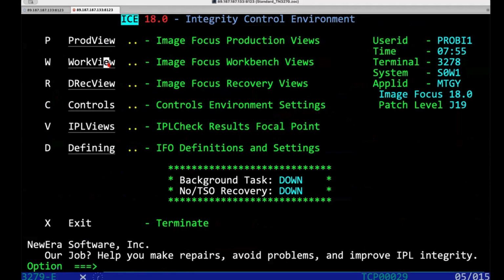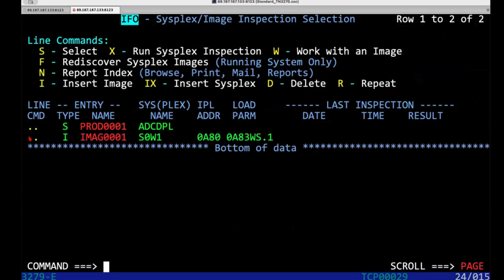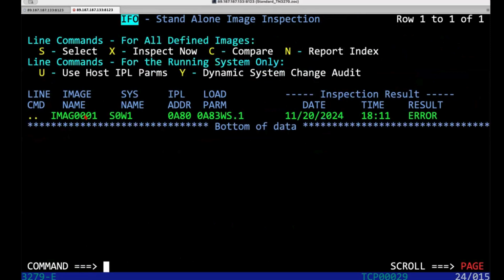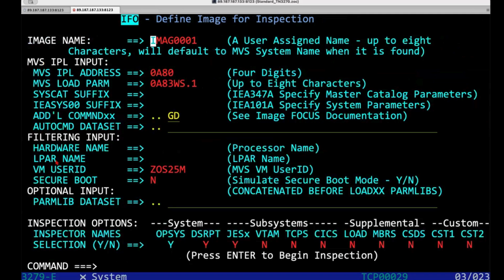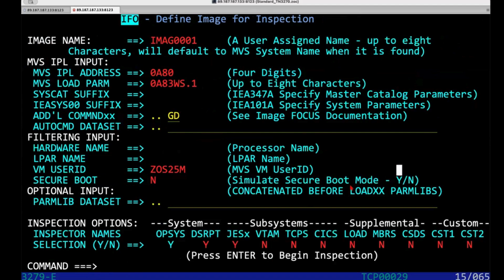Looking quickly at the work view, if we were to perform an inspection using one of the images that have been defined, again, I'm on a ZPDT, not in a sysplex, I could choose that. And one of my options is to perform a simulation of the validated boot process, as it's referred to here,